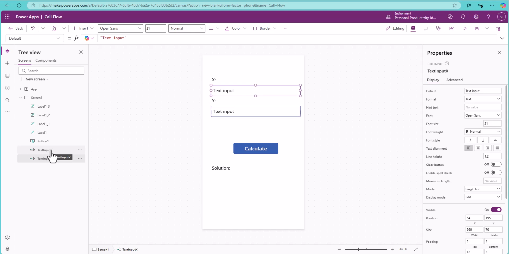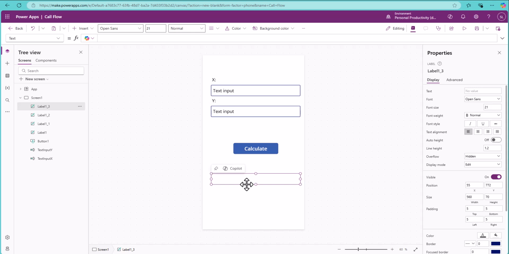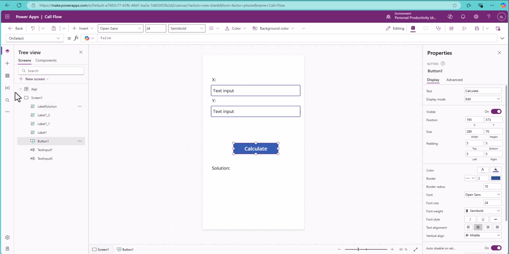I don't want to spend too much time on this. And the solution, so the label, let's call it label solution. Okay. Now, when I click calculate, I have to call the flow, and to link the application with a Power